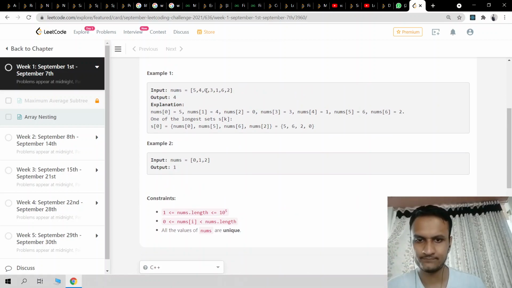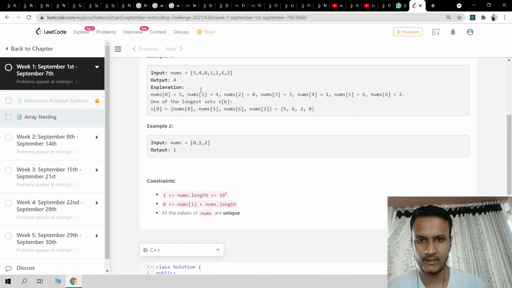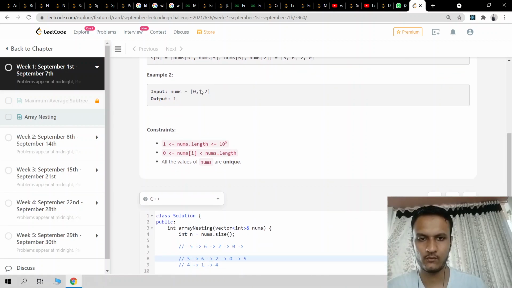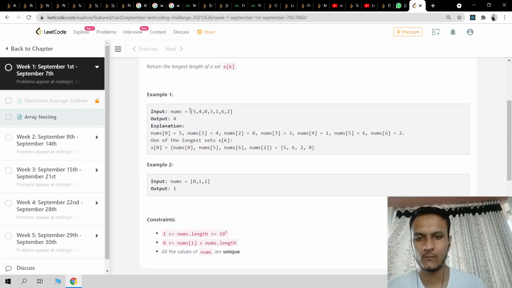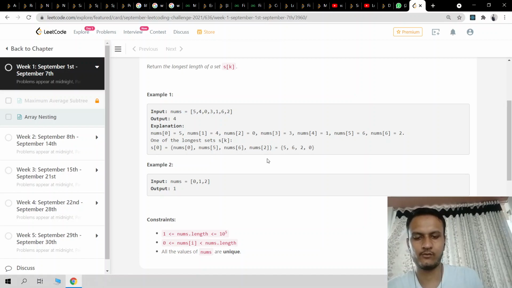5 6 0 5 and 4 1 4, right? Yes. Okay, let's think in the form of a graph, like there are two disconnected components and